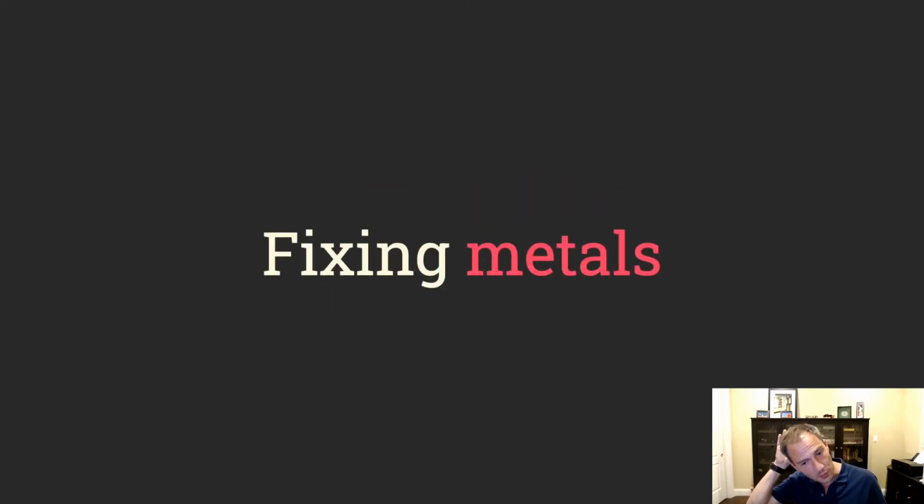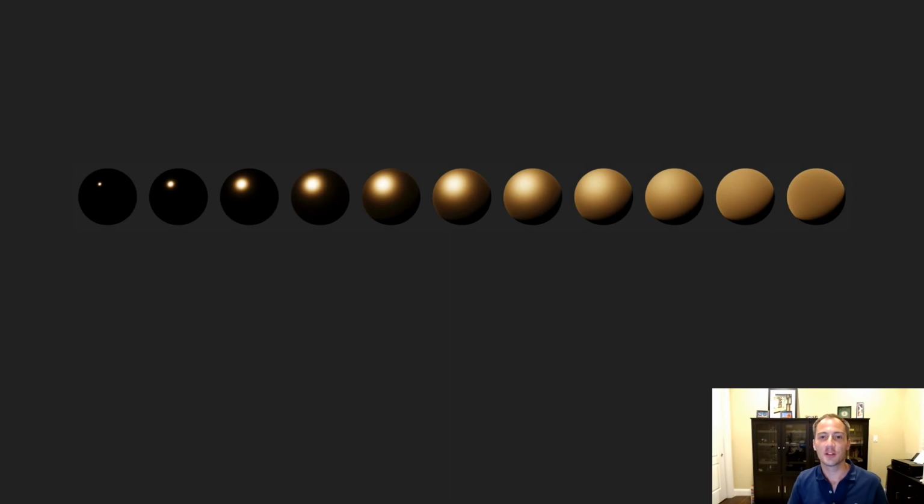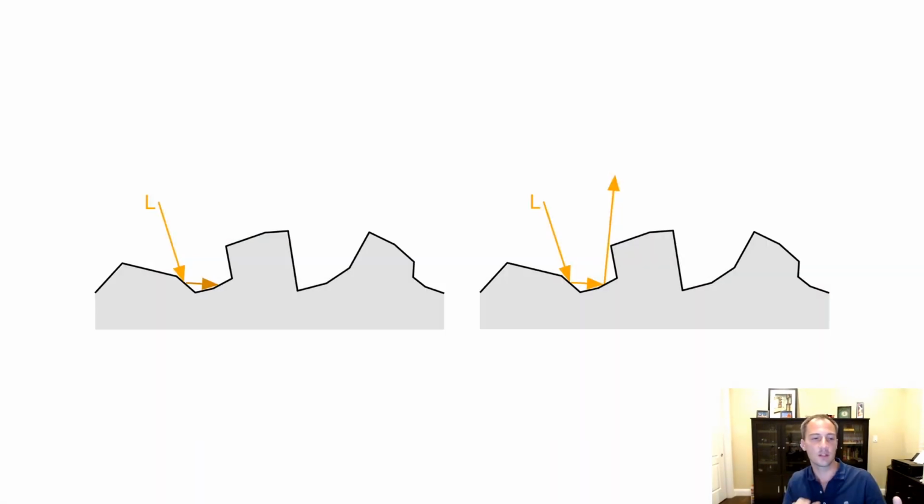But another thing we did in Filament was fix metals. One thing that always bothered us is that with the Cook-Torrance BRDF that we use, and that many people use, only a single bounce of light is modeled in the microfacet field. That leads to a loss of energy at high roughness. Intuitively, it makes sense, right?